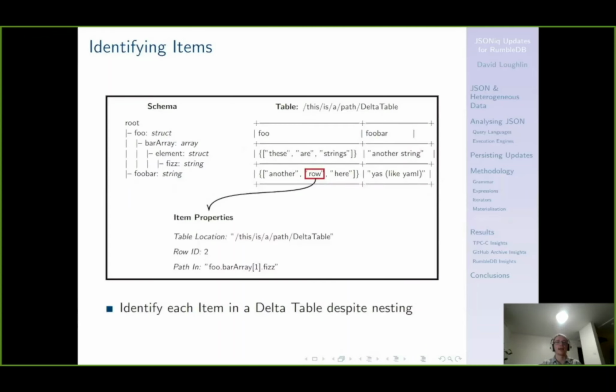Items to be updated in a delta table may be nested within objects or arrays, as seen here with the foo column and the row in the red box, meaning a simple row ID and a column is insufficient to identify an item. We can't know that we're talking about this row string just from an ID2 and the foo column. Rather, an item is identifiable first by the path to the table in which it resides, i.e. the table location, then the row ID,